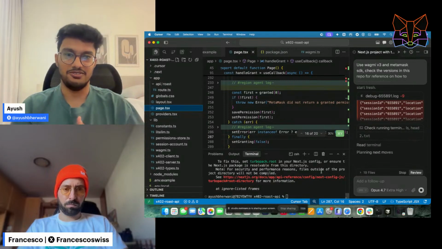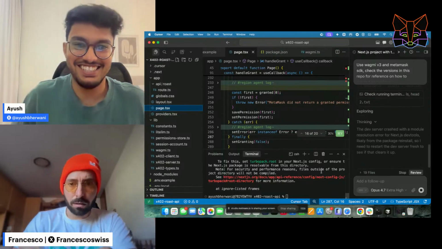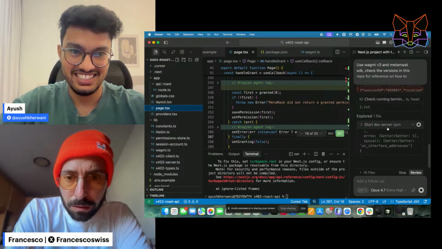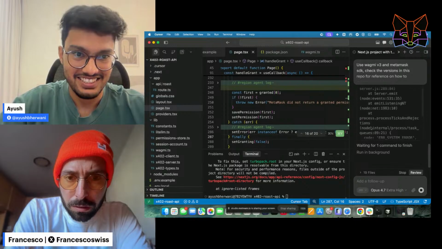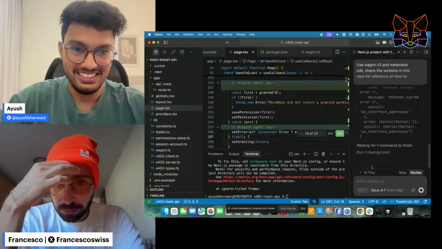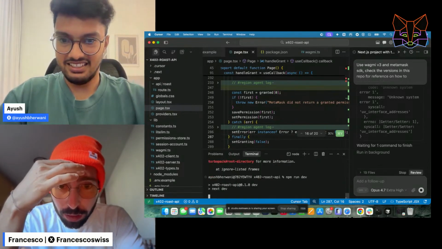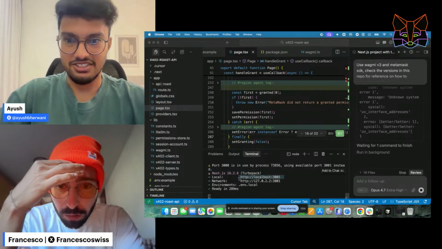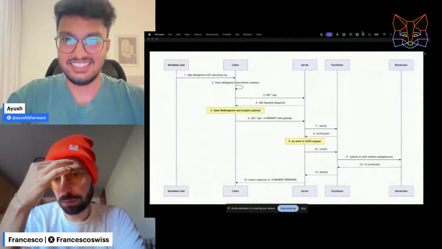What do you think, Francesco? Not one shot, but at least, let's see. It's getting some error, I guess. Yeah, if it's running in the background and debugging in the background, it makes sense. But I don't understand what error it's giving us now. The API reference config? We can at least run on the 3001 and see. Yeah.